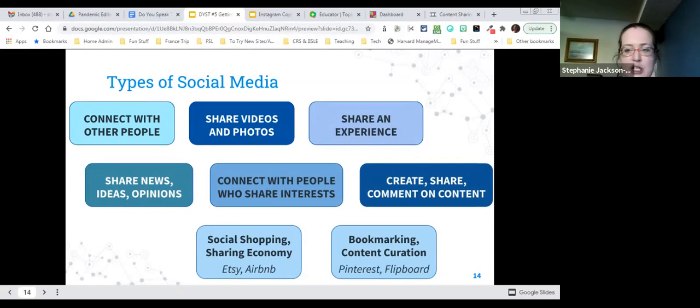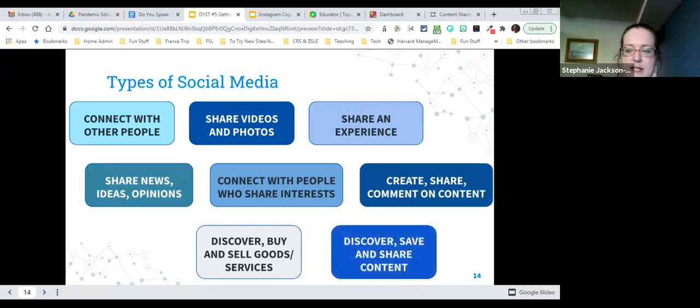So sometimes if you're a blogger, you're creating and sharing that content. Sometimes if you're a consumer of blogs, you might be going there just to comment. So the social shopping, right, is about discovering, buying and selling goods and services. And then like Pinterest, this bookmark or content creation is about discovering, saving, sharing content.